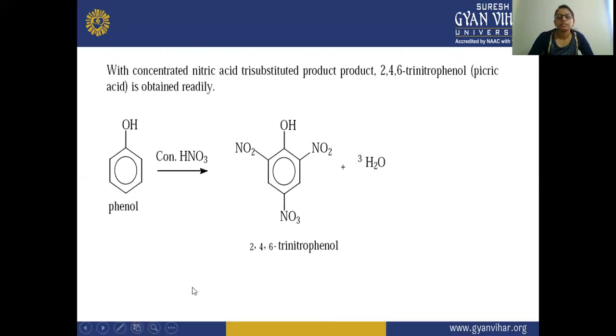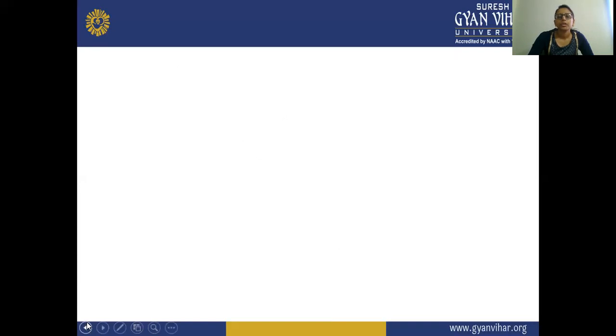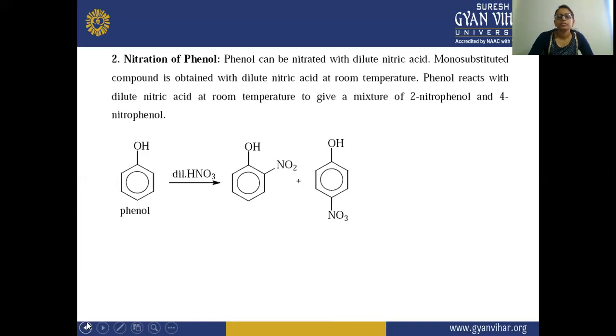In the last slide, you can see nitration. We are using dilute HNO3. But in the next reaction, there is concentrated nitric acid. So here this dilute nitric acid is used at room temperature, and here the nitric acid in the next